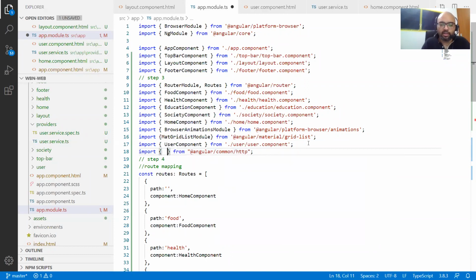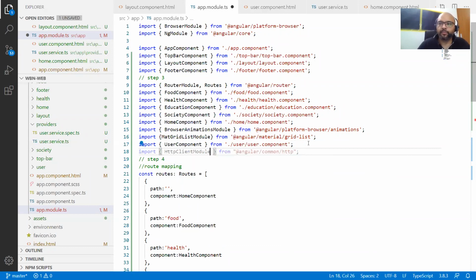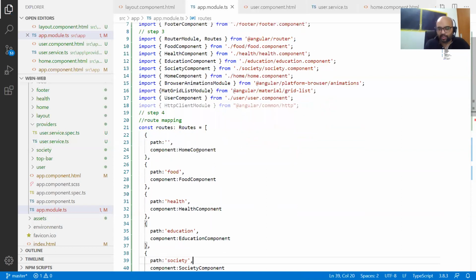So from here we will add HttpClientModule, right? So HttpClientModule. This is the first step. After creating service, this is the first step. Import this module in your app module file, correct?